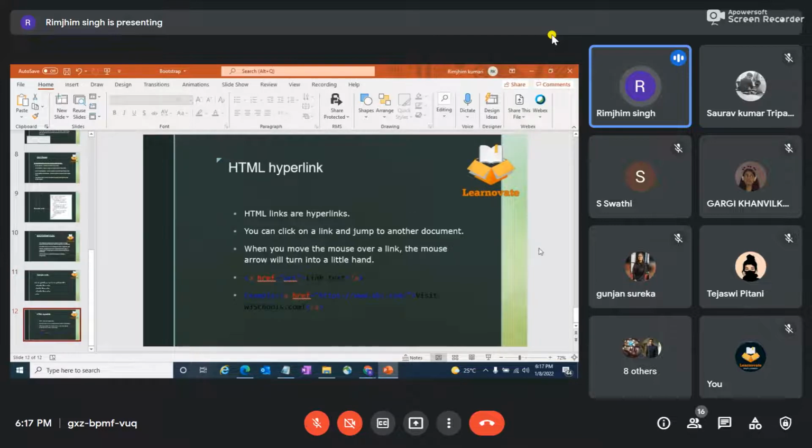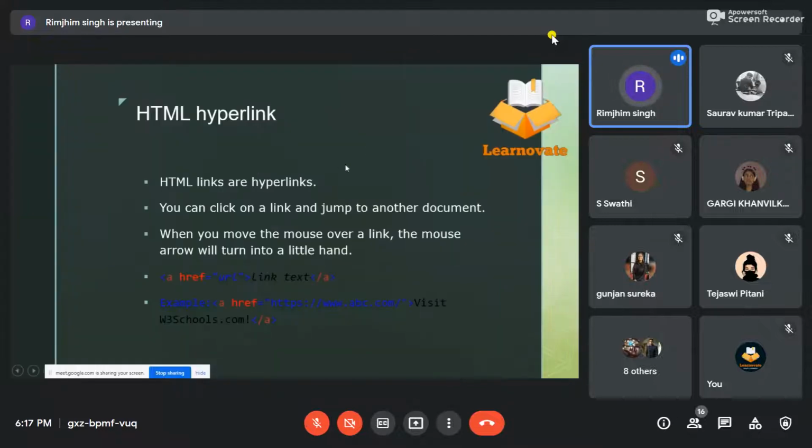There was one more topic to be covered, which was HTML hyperlink. For example, if I'm using a Bootstrap program, in the body part of my HTML program I can just declare my HTML hyperlink. Here the a tag defines a hyperlink, and the href attribute specifies the URL of the page. So I can use any website, like w3schools or anything, whatever website I want to go to.